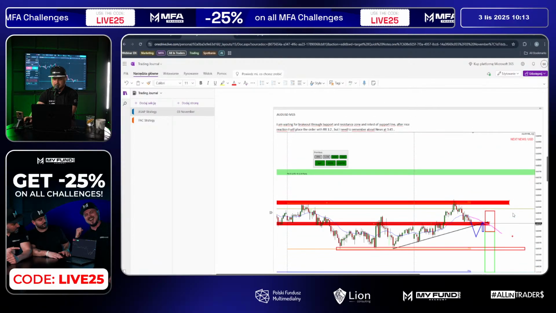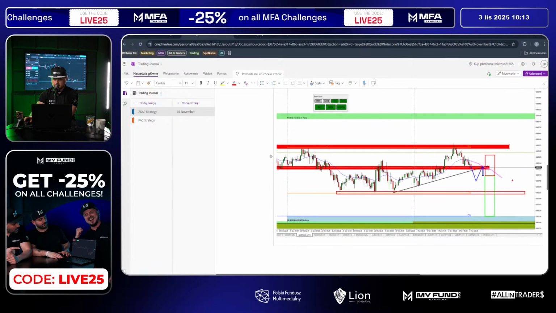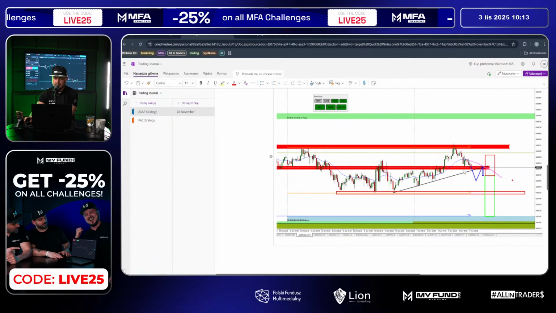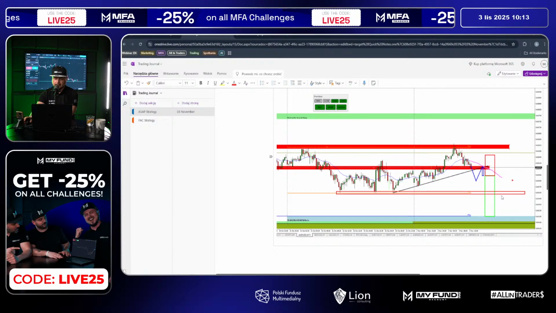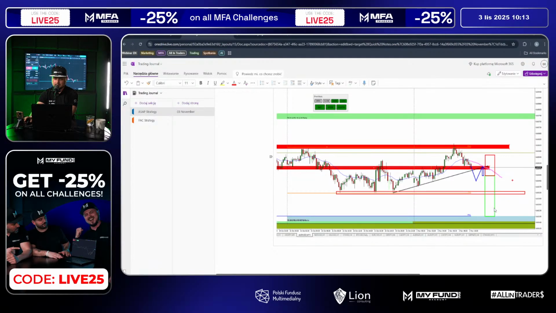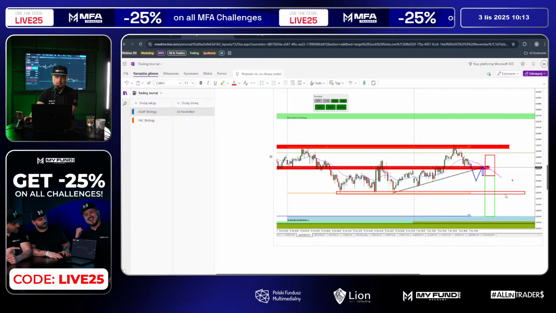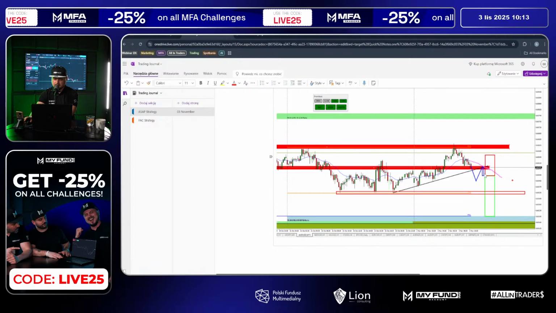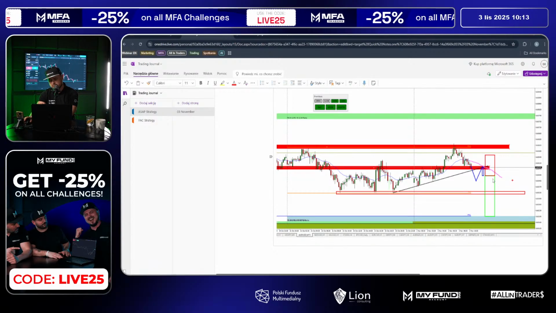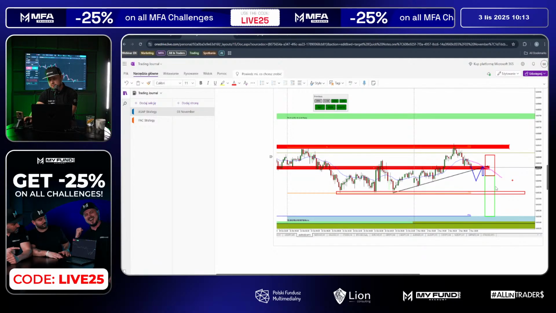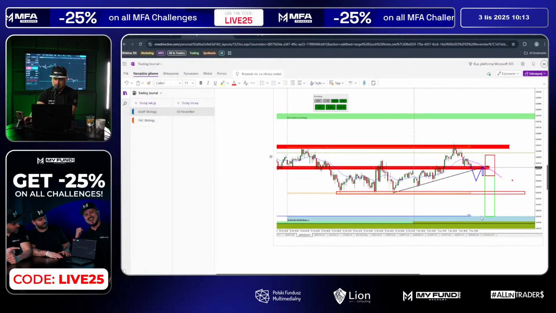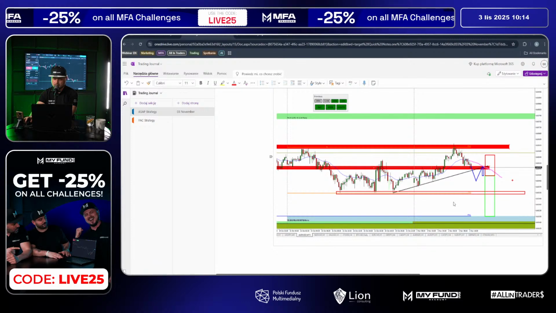So this is 15 minutes time frame. We are waiting for the breakout through the support, and also support line needs to be retested and exponential moving average. But we need to look for reaction. If there won't be reaction, I'm not gonna open the trade. So that is quite interesting. Risk to reward 1 to 2.